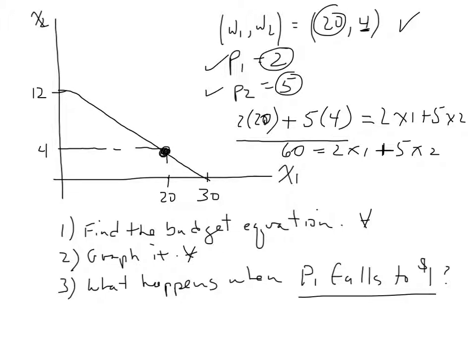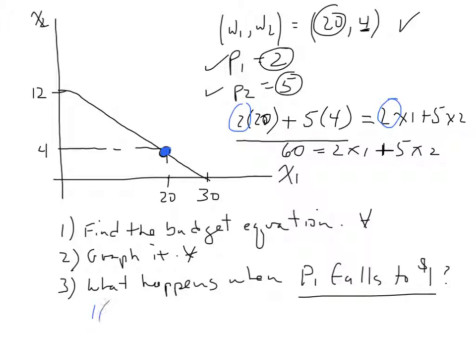Now what happens if the price of good 1 falls to $1? The budget becomes what? Two things are going to happen. There's going to be a change on the expenditure side of the equation, but there's also going to be a change on the income valuation side of the equation. So we have to take those 2 into account. In practice, there's going to be a rotation of the budget through the endowment point. So our new budget is going to be